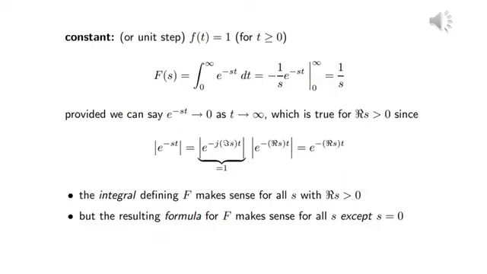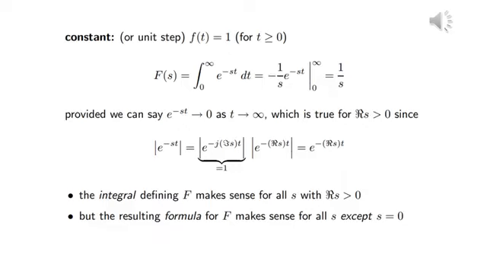When we apply the upper limit, e raised to the power minus s t, when t tends to infinity, will become 0. So it is 0 minus, when 0 is applied, it is minus 1, and that minus 1 will remain,